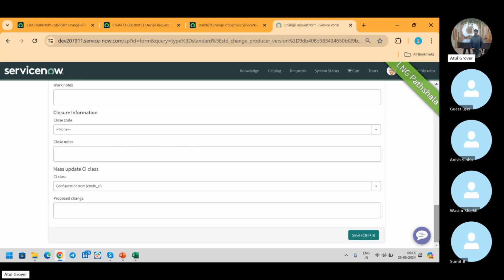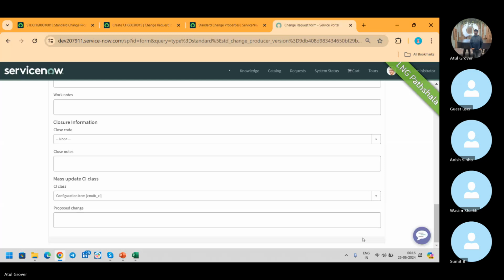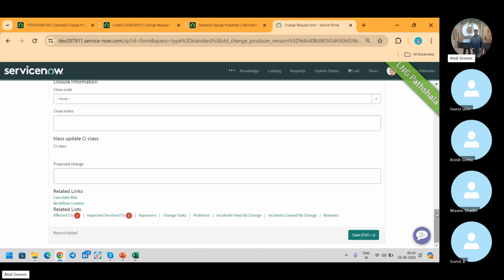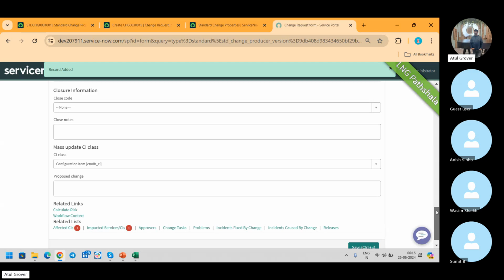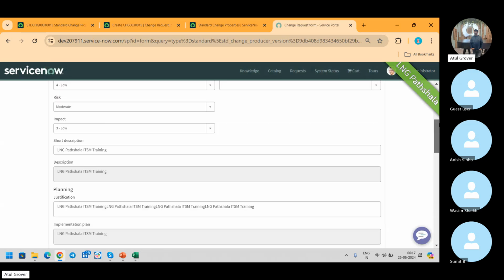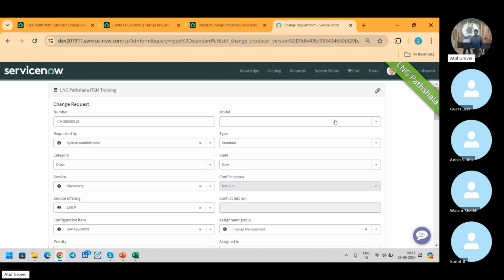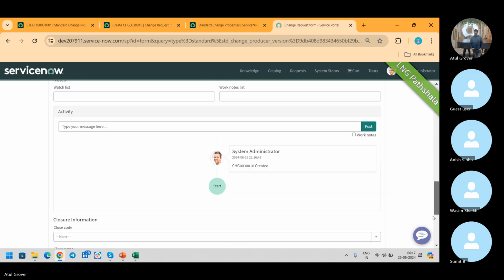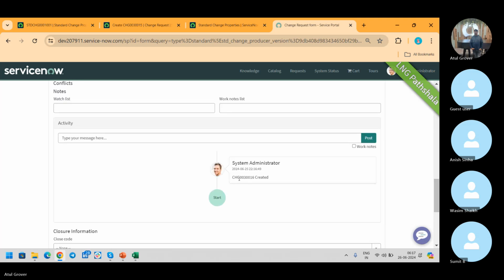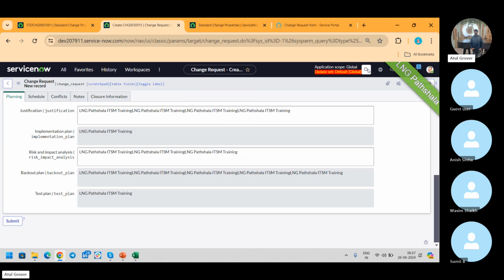Now I click on Control Save As. And then if you notice, it says these things are done. So this is my change number. Now if you go back and search for this change,